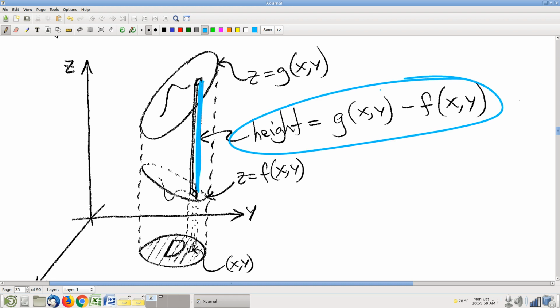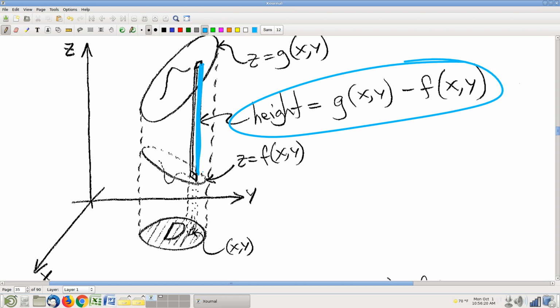It's the z-coordinate at the top minus the z-coordinate at the bottom. We're looking at graphs, so the z-coordinates are values of functions. So it's the function whose graph is at the top minus the function whose graph is at the bottom. Okay, so g minus f. That's what I multiply by